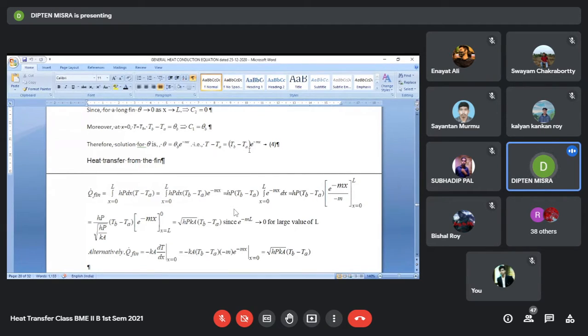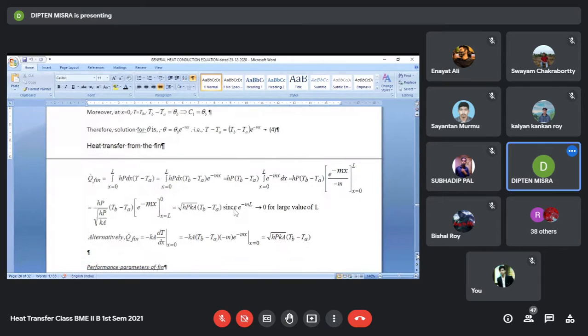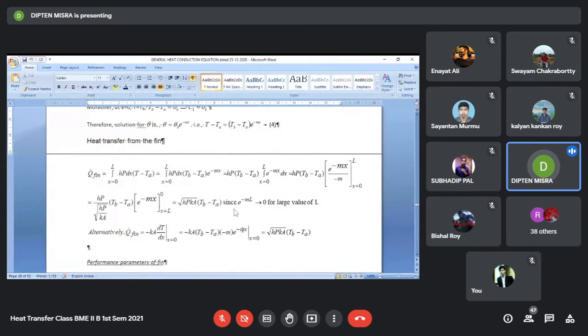At any cross section at a distance x, we assume that the temperature is the same. It is only varying with x. Now, this is for a very long fin, and we have derived the temperature distribution. Also, we have derived an expression for heat loss from the fin. The rate of heat loss, Q dot fin, is equal to the square root of hPkA times (T_B minus